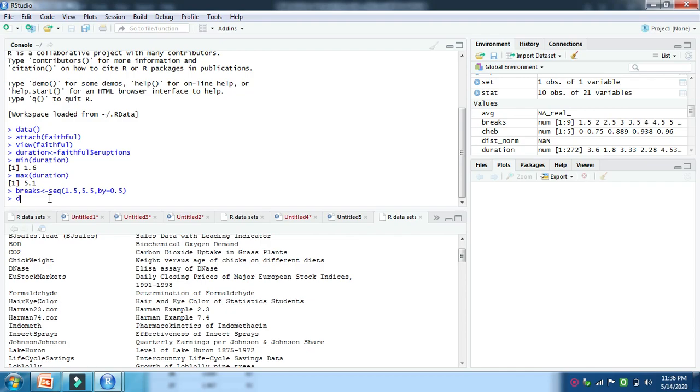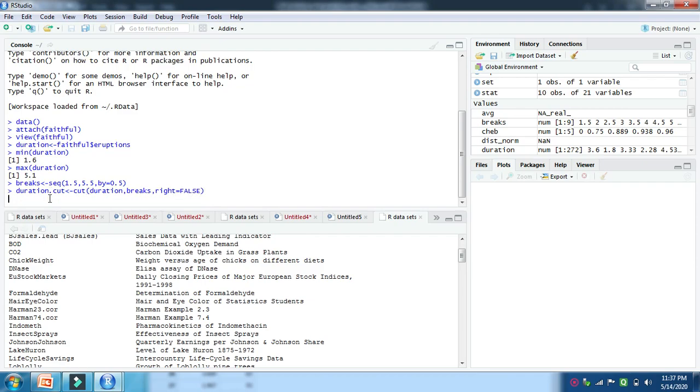Then we use one more variable, its name is duration.cut. In this variable we store the slices of the particular column, made with the help of these breaks, and one more argument, right equal to FALSE.